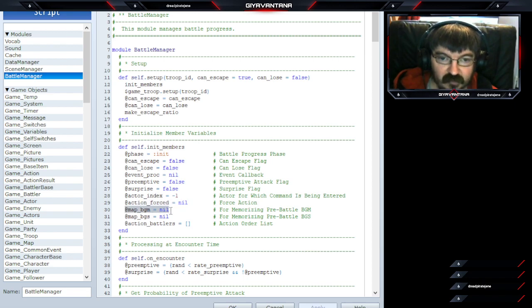We've got map_bgm set to nil. That will store the BGM object for pre-battle music. Map_bgs set to nil. It's the same for background sounds. Then we've got this action_battlers array, and it's being dimensioned as an empty array to begin with, and that will hold the action order list, or the order of the battlers in order of when they will actually get